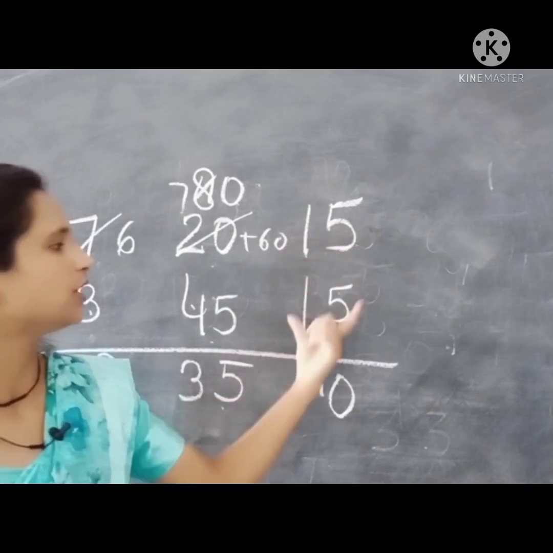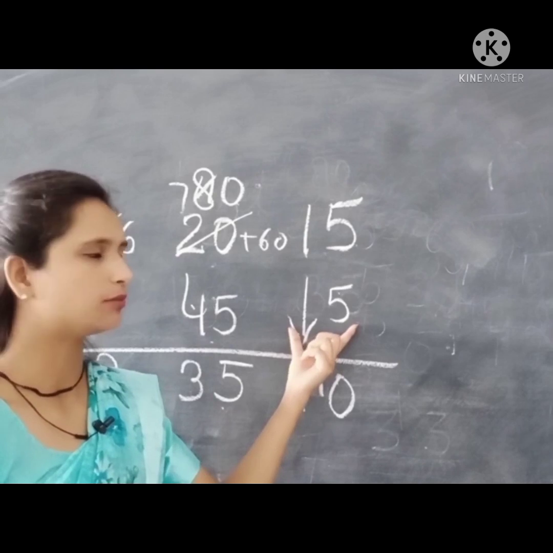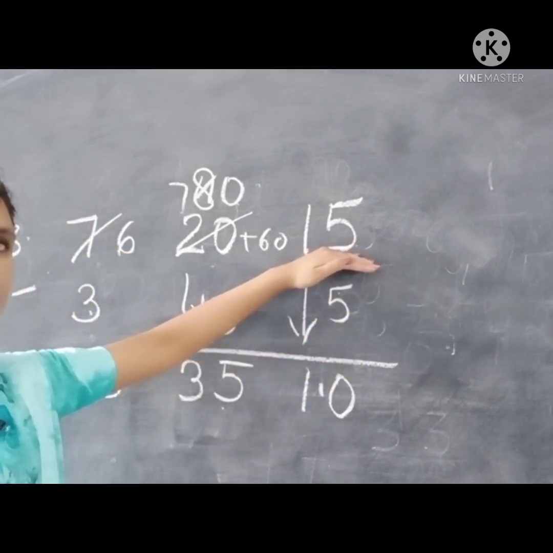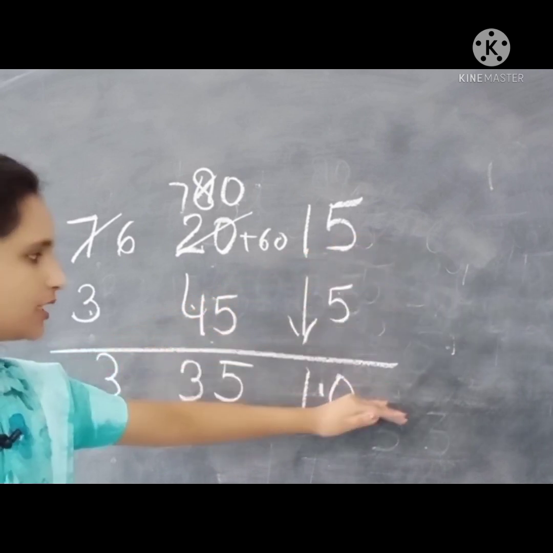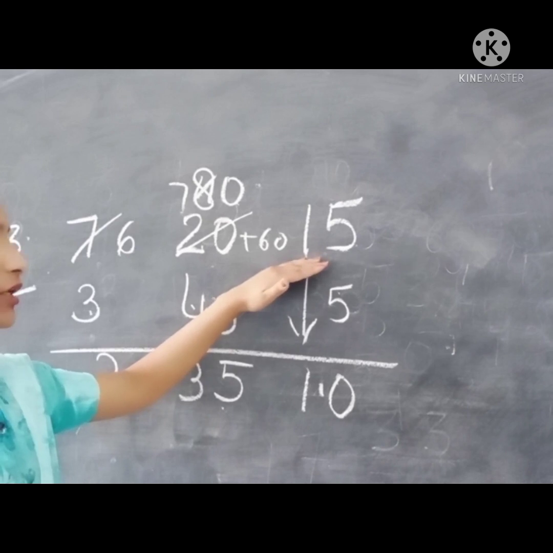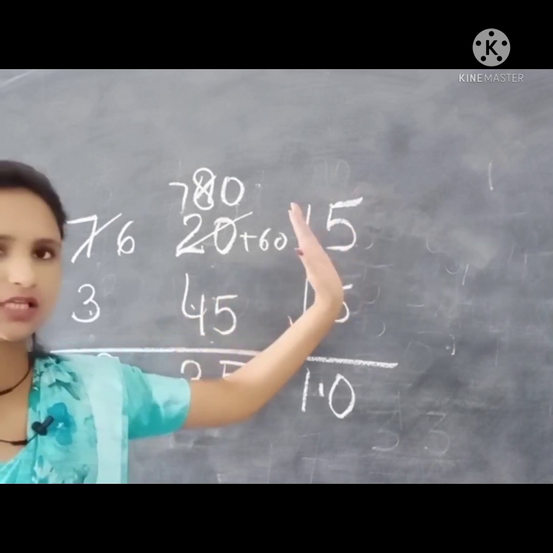First you have to subtract in the seconds column, 15 minus 5. If the number is greater, you simply subtract, but if it is smaller, then you have to borrow 60 seconds from 1 minute. Then it will become plus 60.